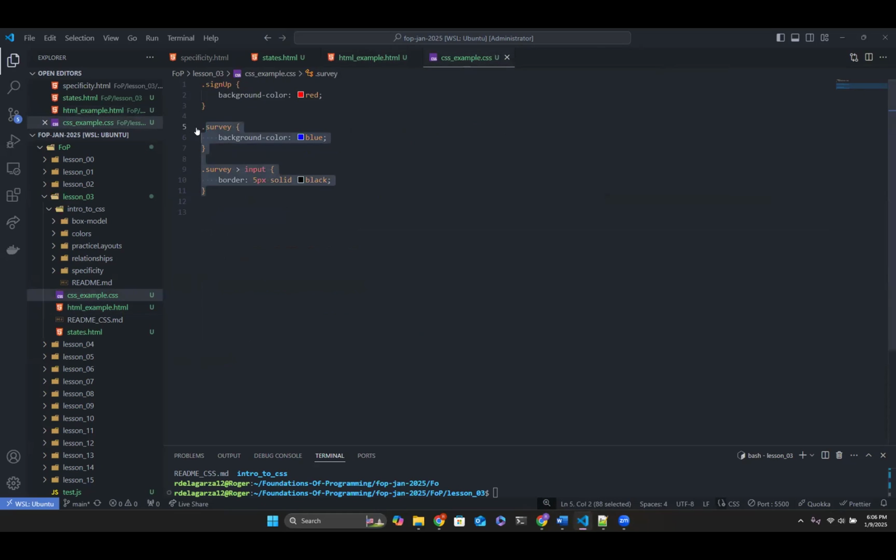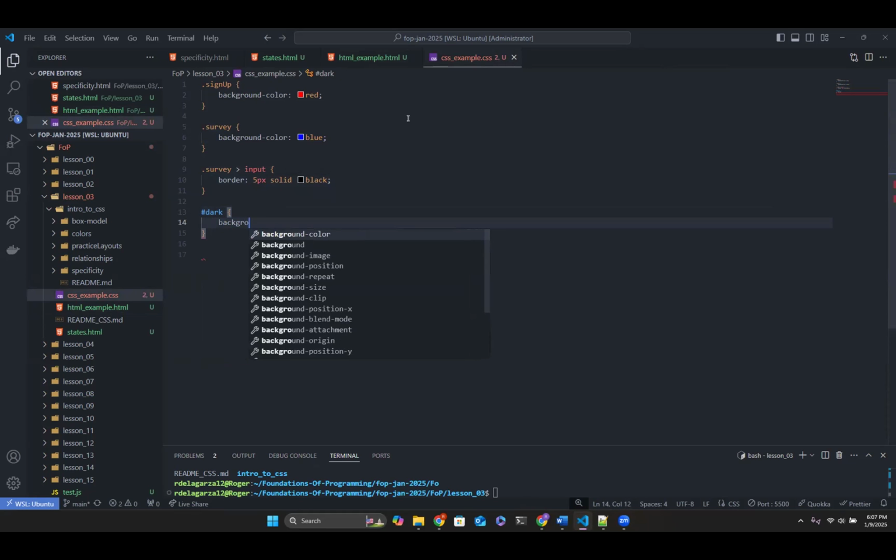So we can come back here. Thanks to the cascading effect of our CSS, at the very bottom, if I want to override something that came before it, I definitely can. But to call an ID, we don't use a dot, we use a hashtag, and then the name of the ID, which is dark.